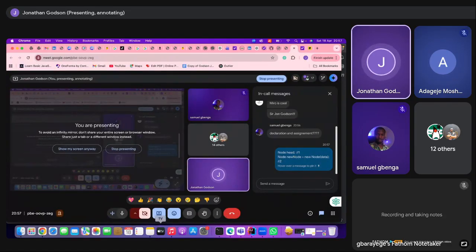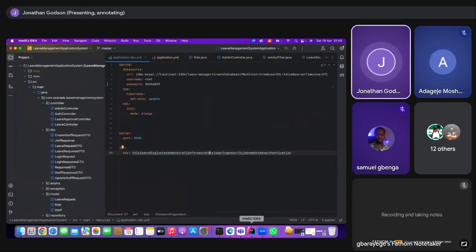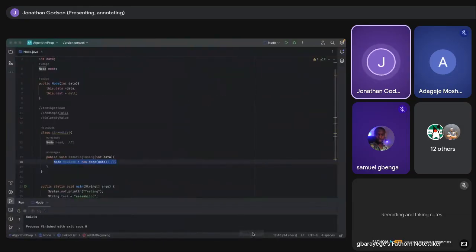So in this case, if we want to create a new node, we need to make reference to this head, because the way linked lists work is you are creating individual objects in memory, but you want to link them together. Each time you create a linked list, you are creating a new object, but you're looking for a way to link them together. That is what makes it a linked list. Unlike an array,